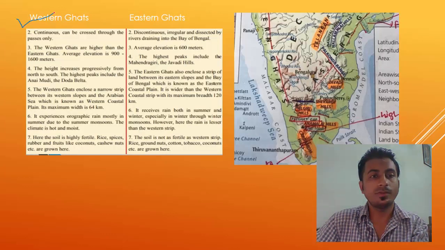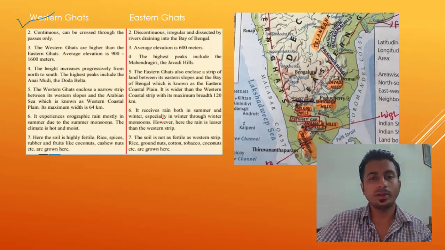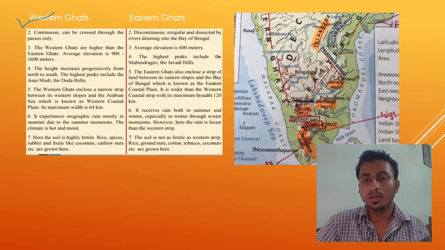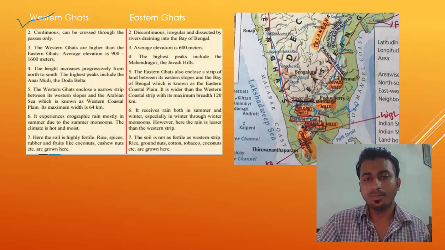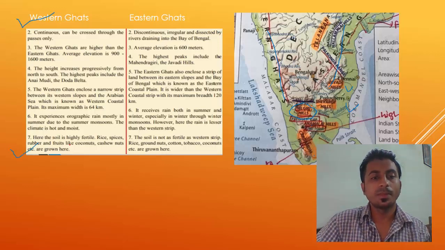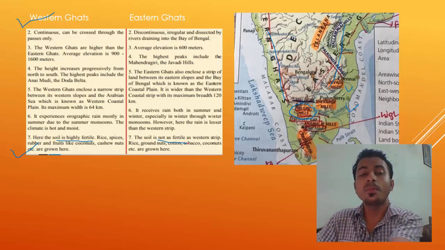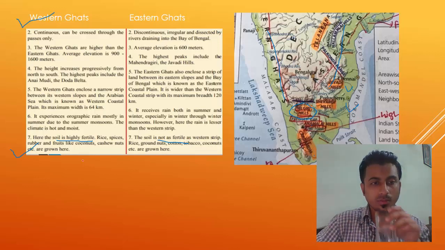Okay, so this difference between Western and Eastern Ghats you can read for yourself. I will just show you that Nilgiris is the meeting point of Western and Eastern Ghats, and there are many hills like Javadi, Chevroy. This is the part of Eastern Ghats, and Cardamom, Anamalai, a part of Western Ghats. Okay, so there are many peaks. They will tell about it, and they will also tell about that the soil of Western Ghats is fertile. Eastern Ghats is not fertile. Why? Because Western Ghats receive more rainfall.